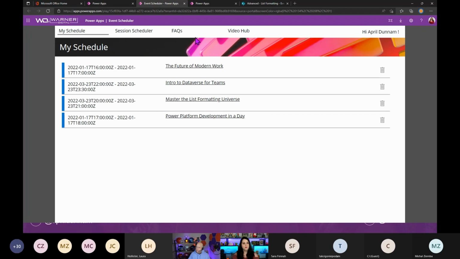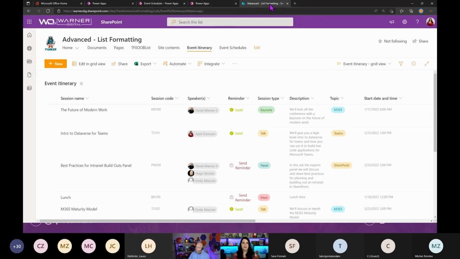So how can we integrate this? If we're using the SharePoint list as our backend, we can actually utilize column formatting in this case. So we have this session code field. I might repurpose this to be a hyperlink to open up my Power Apps application instead. Now, this isn't just a fancy hyperlink kind of sample. There's a little bit more going on behind the scenes as far as how we tie this into the Power App,